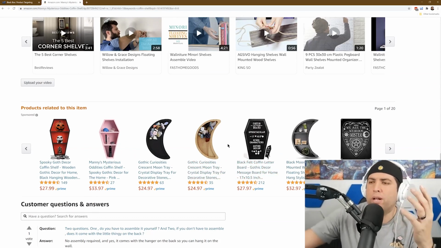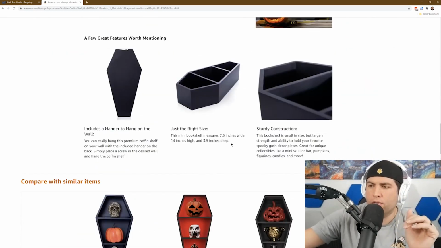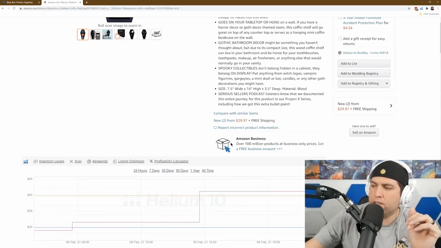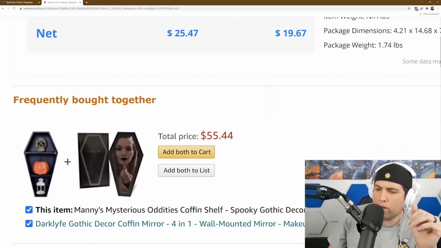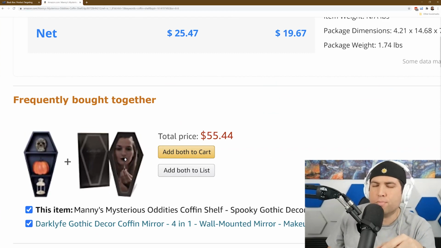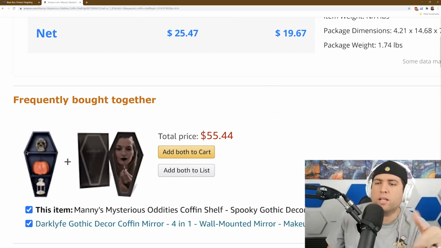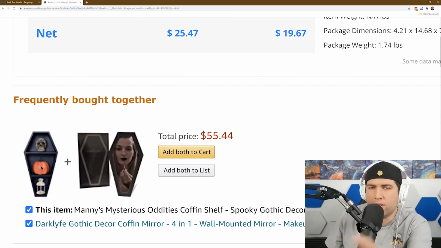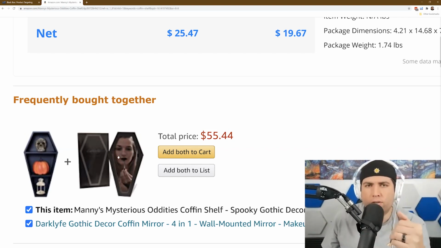All right. So how would I use this information? Well, what you do, and again, like I said, this is regardless if you use Helium 10 or not, is guys, start looking at your frequently bought together, and now you can target this product or vice versa. If this was your product, if you had a coffin mirror, I'm going to target the coffin shelf. If I'm selling a coffin shelf, if this is my listing or my competitor's listing, I see this, I'm going to target coffin mirror instead of just coffin shelves or moon shelves or things like that.